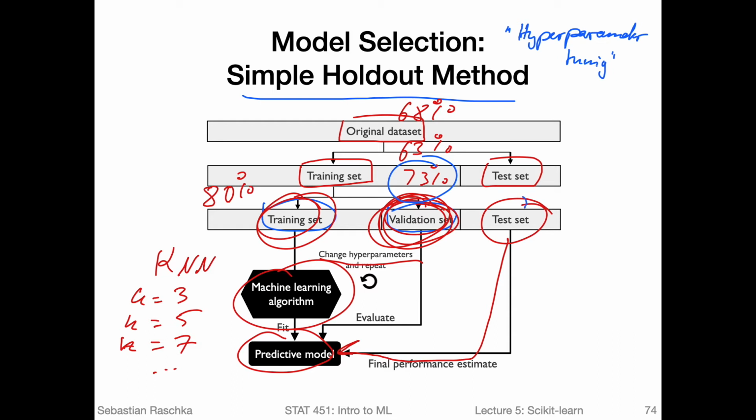But then we have an independent test set where we can get the performance on data that was not involved in model training and tweaking and so forth. And often in practice, we would observe that the test set performance is also a little bit lower than the validation set performance, like maybe 70% here or something like that. So usually you find it's also slightly lower, but it depends, of course, how often and how extensively we used the validation set. In any case, this is the outline of the simple holdout method.